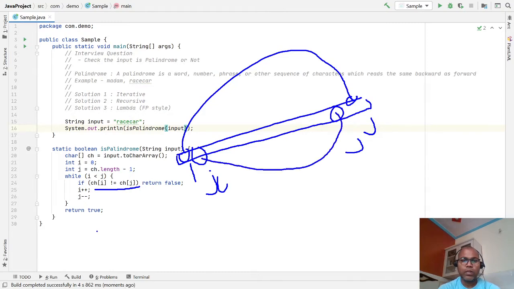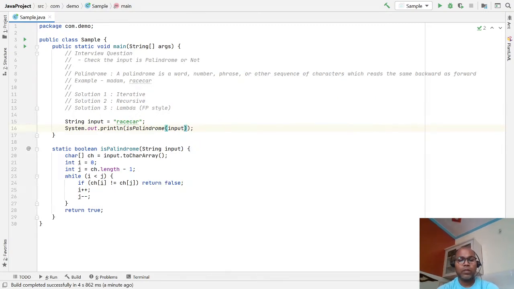If at any time they do not match, we return that the input is not a palindrome. If we complete the whole loop and all match, we return true. This is the simple iterative way using a loop.